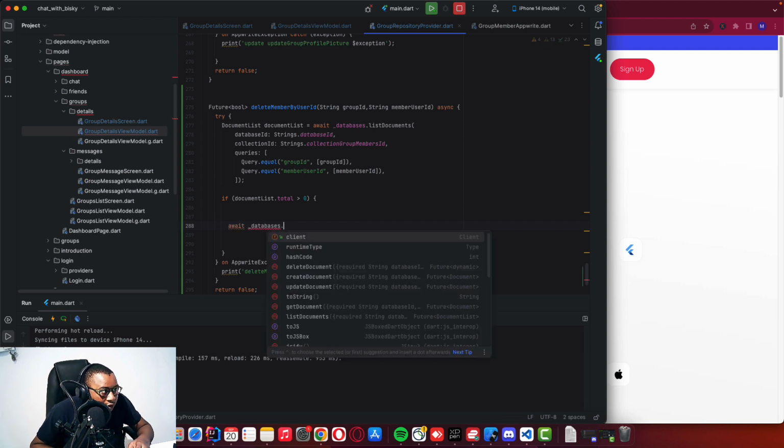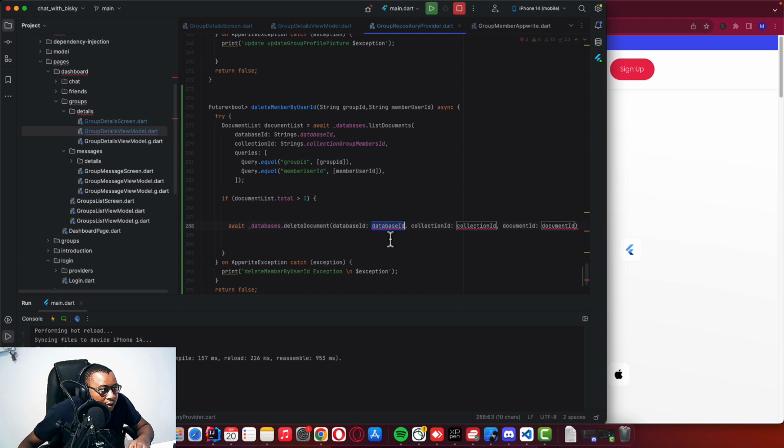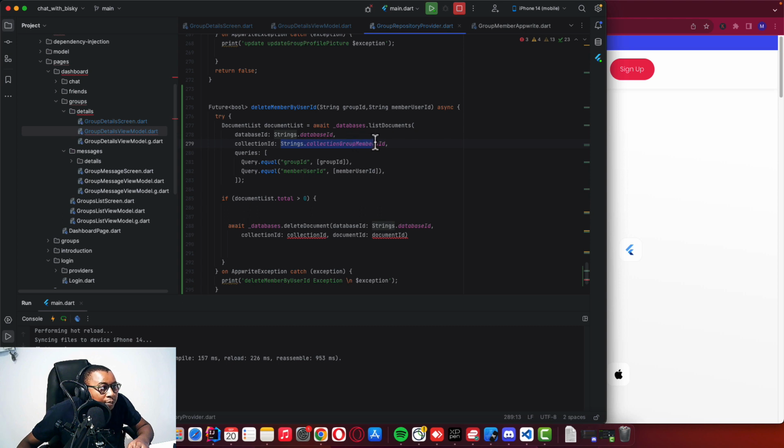Await dot delete document, which is the database. The database ID is going to be this one. Let's copy this, and the collection will be group members. So this is the user we are removing from the group members, and the document ID will be